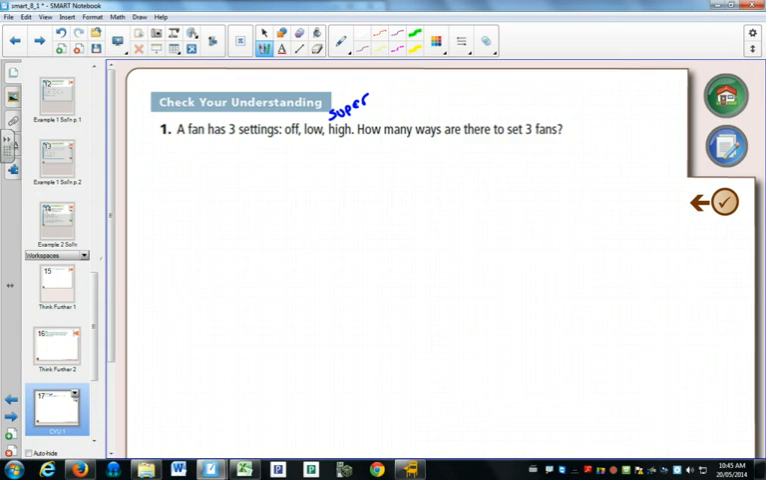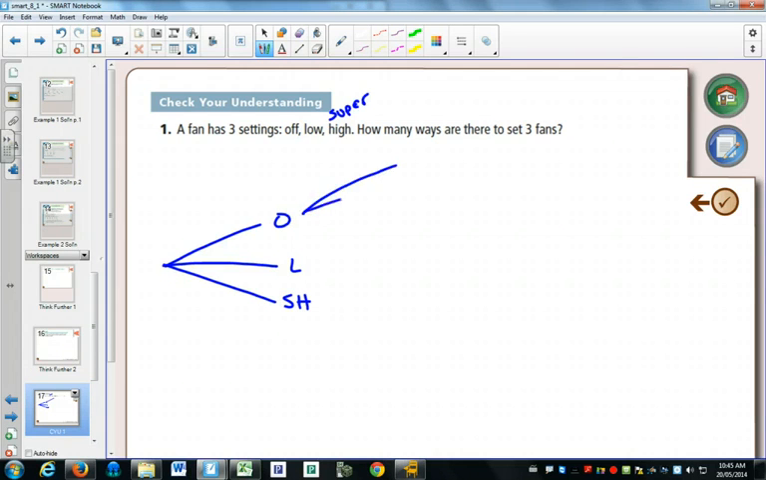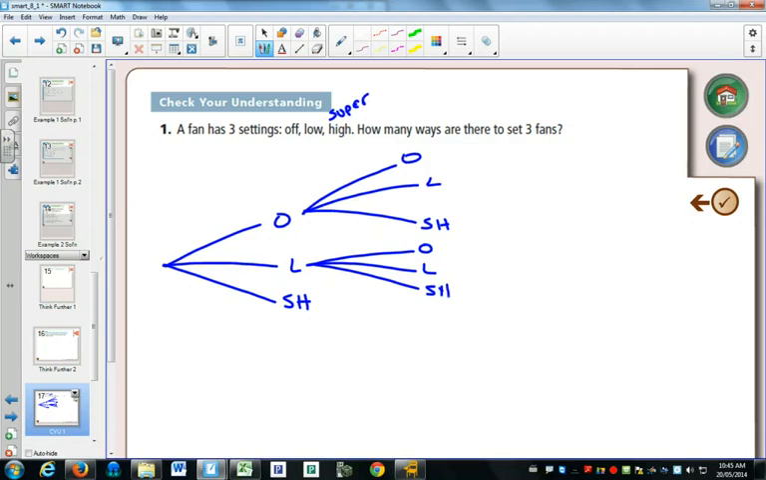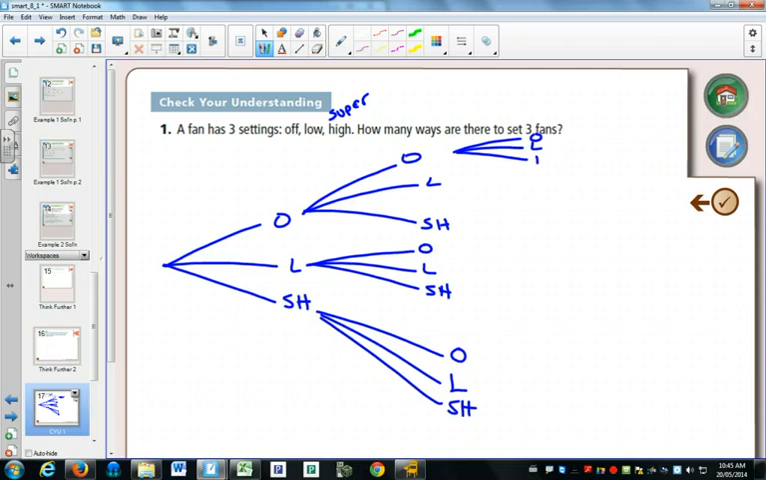Well, the first fan, one of the ways that we can show things systematically is something called a tree diagram. The first fan can be on off, low, or super high. Once you set your second fan, it can also be off, low, super high. Off, low, super high. Off, low, super high. And then the third fan